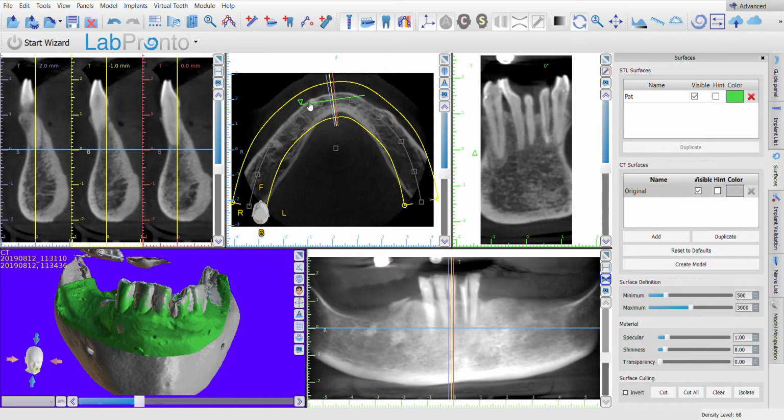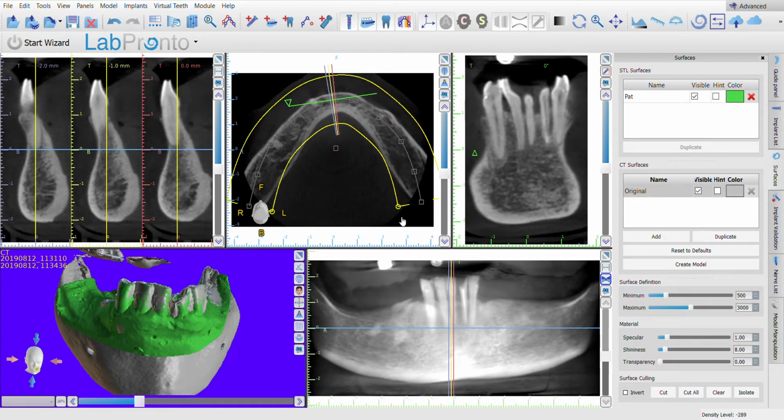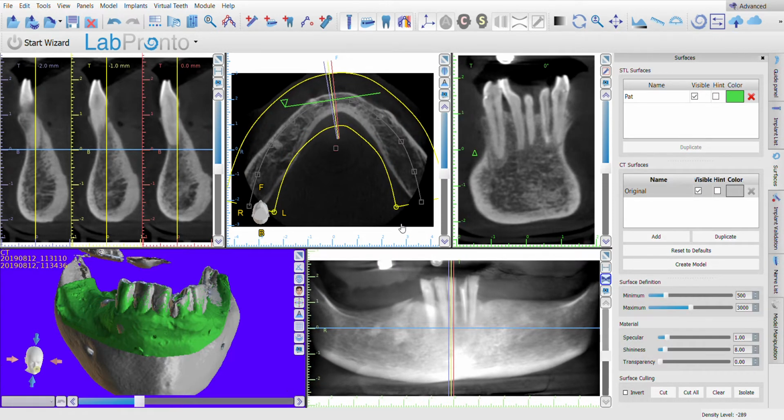In order to bring the entire jawbone into the image, I suggest you take this and expand it. And all of a sudden you could see there's a change, especially in your tangential view. I usually open this up as big as I possibly can because I want to have more information in here. Okay, now